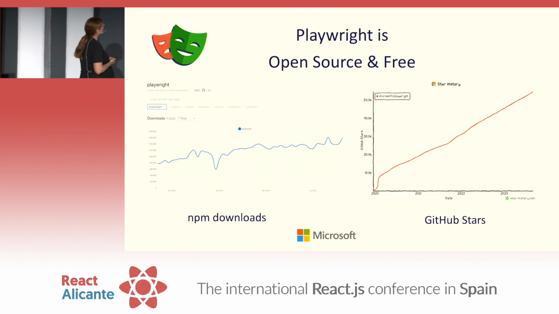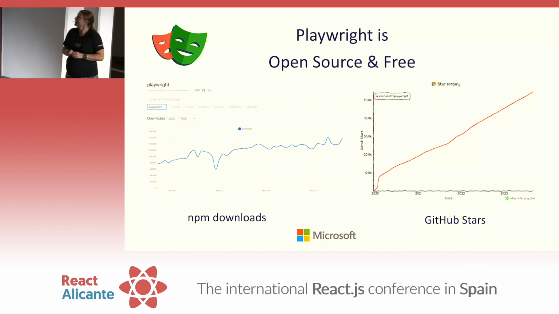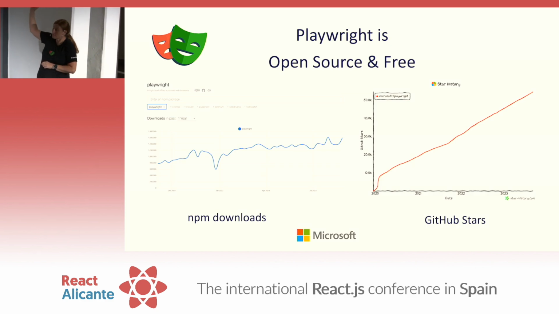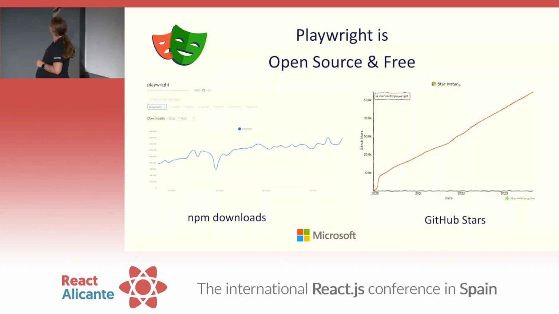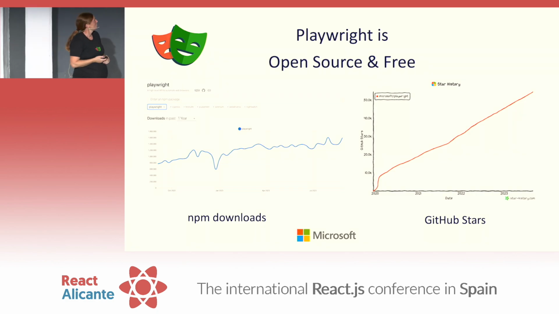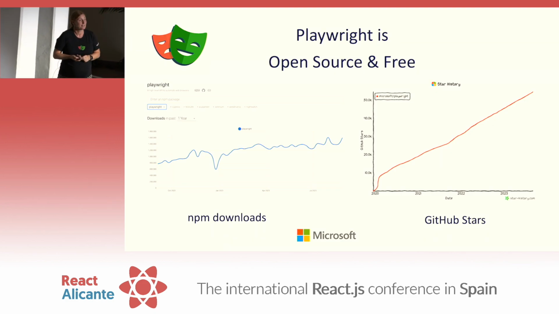So when it comes to Playwright, Playwright is open source and free. I love free. Free is very important. For those that haven't heard of Playwright, it's about 3 and a bit years old now. Our NPM downloads are pretty much climbing through the roof. GitHub stars are amazing. We get paid in stars, so if you do like us, give us a star. It's by Microsoft, so basically, we don't need money. That's why we're free.